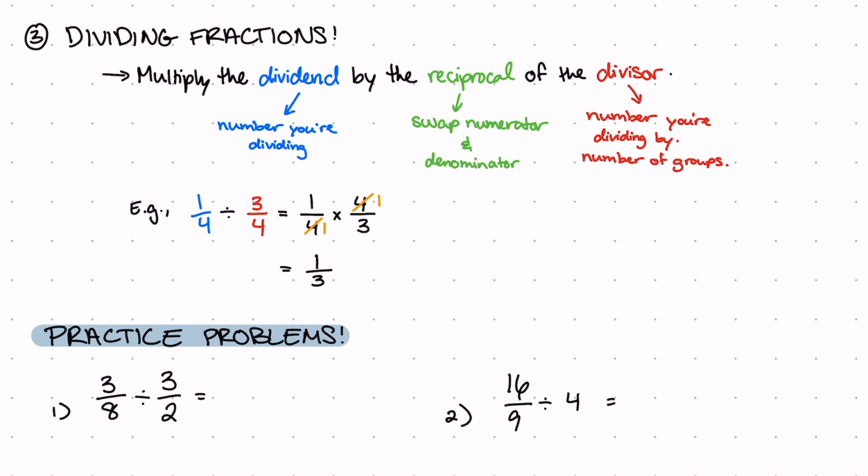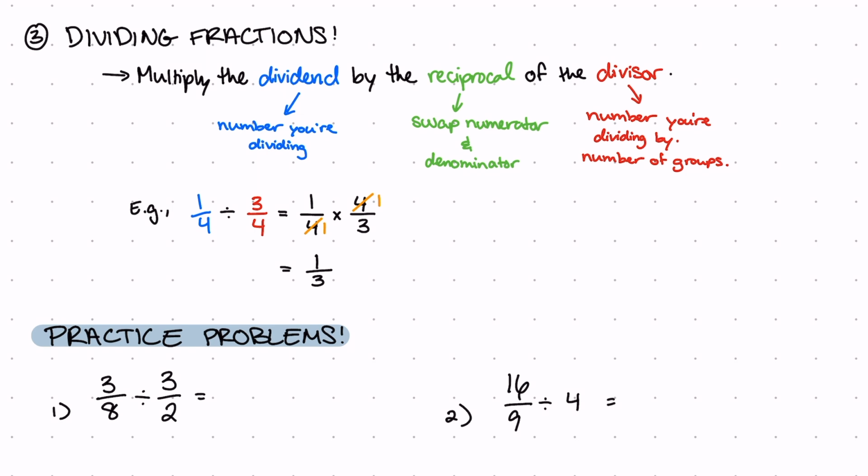Now let's talk about dividing fractions. So when you divide fractions, all you're doing is multiplying the dividend, which is the number that you're dividing, by the reciprocal of the divisor. So a reciprocal is just when you swap the numerator and the denominator, and the divisor is the number you're dividing by, or the number of groups you're dividing